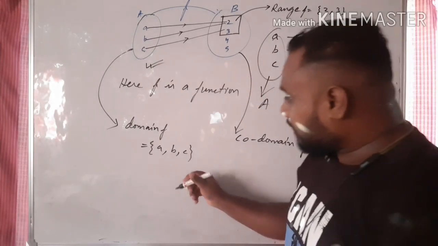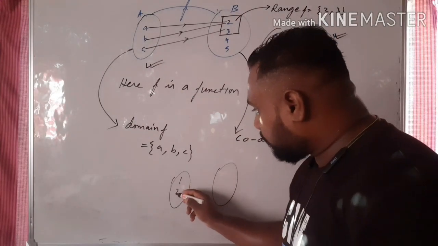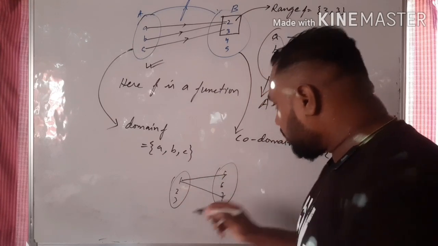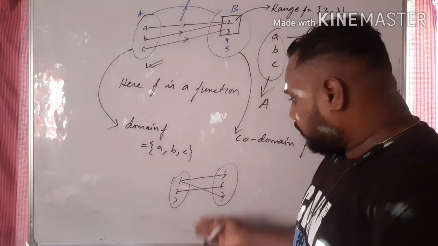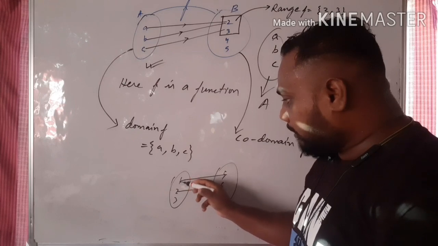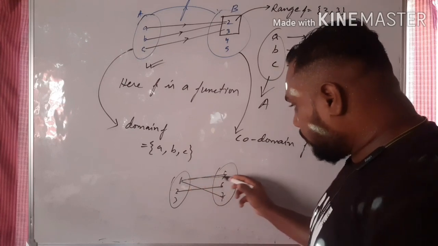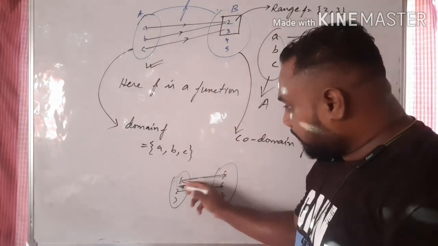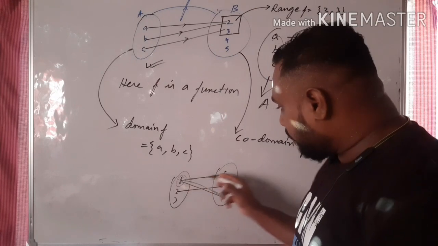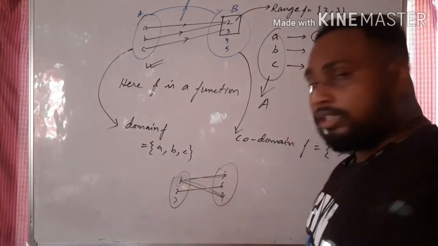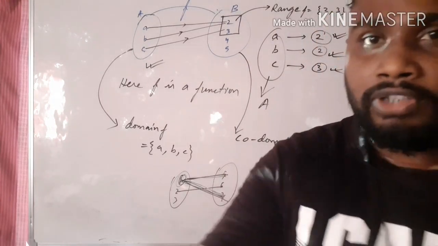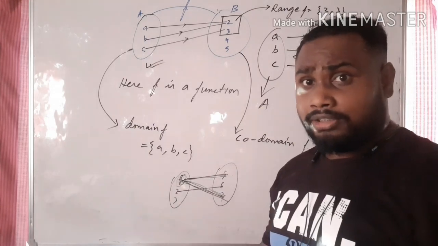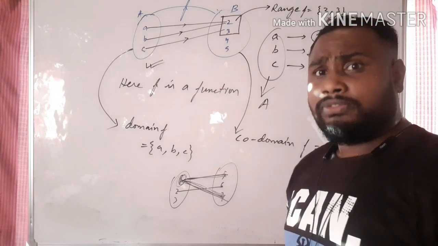So for example, I am considering a relation from A to B. Here 1, 2, 3 is there, here 5, 6, 7 is there. Say this is related, this is again related, this is related, like this. So you see here, this one element, the element 1, has 2 images. This is possible in a relation, but in a function, one single element cannot have 2 images. It must go to a single element. So relations and functions are different. All the functions can be called relations, but all the relations are not functions.